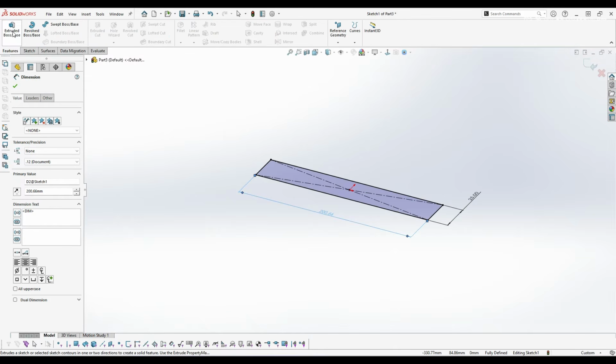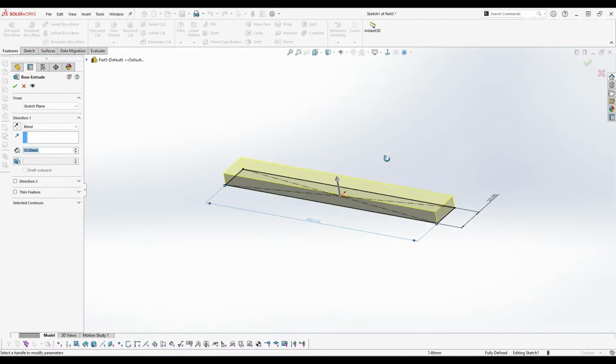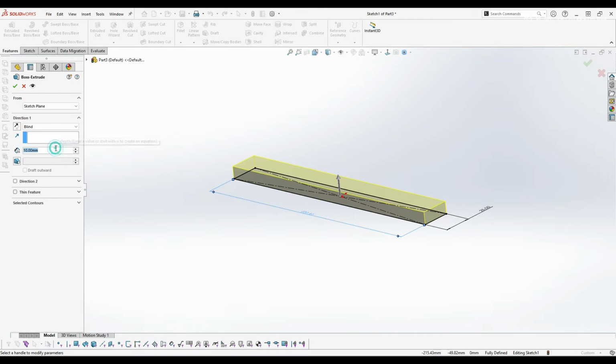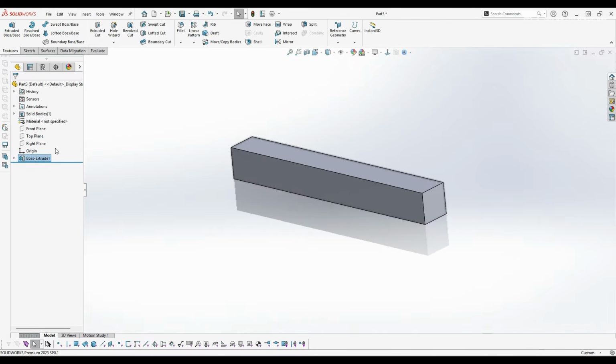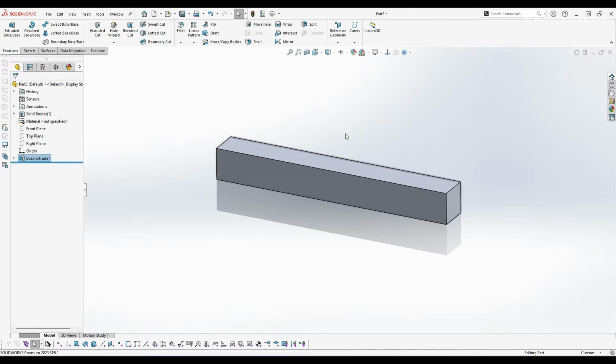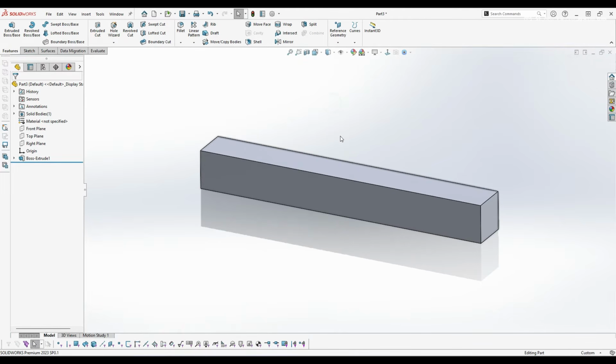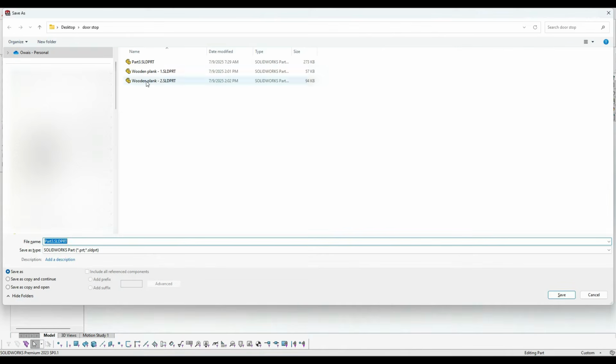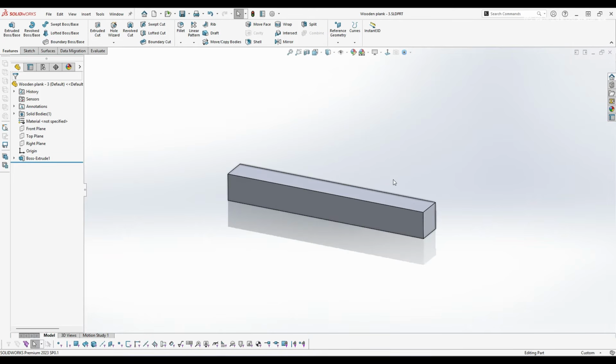Go to the features, click on extruded boss and set the thickness also equal to 25 millimeters. Press enter or click on the green tick, it's up to you, right? So we have one more rectangular block. Ctrl S to save the part. Again wooden plank, whatever the name you want, wooden plank 3, save. All the three parts are ready, the vertical one, the base and the rectangular block at the bottom of